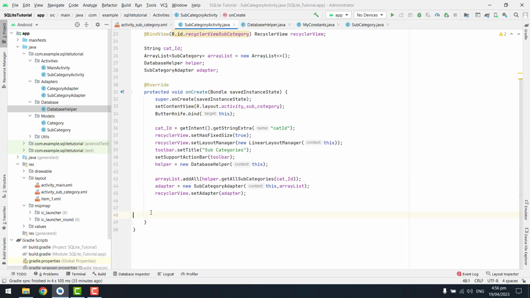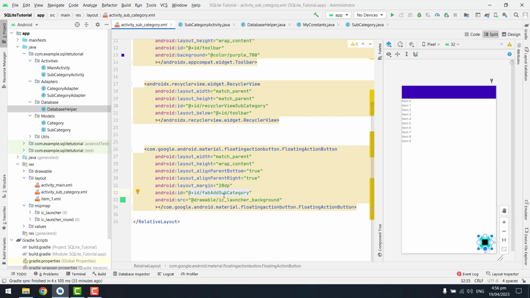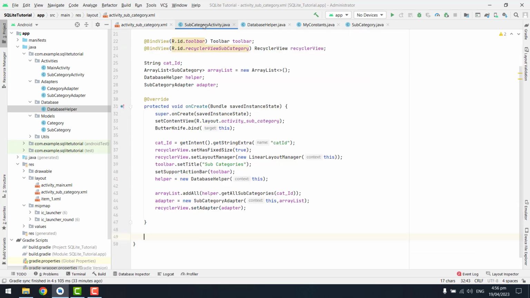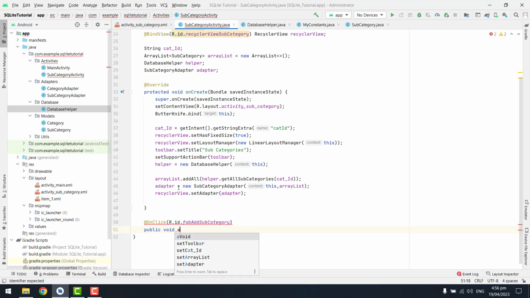After this we are going to write the code for the on click event of this one. So for this we can simply copy it, and in here we can say on click dot id dot this public void add subcategory,